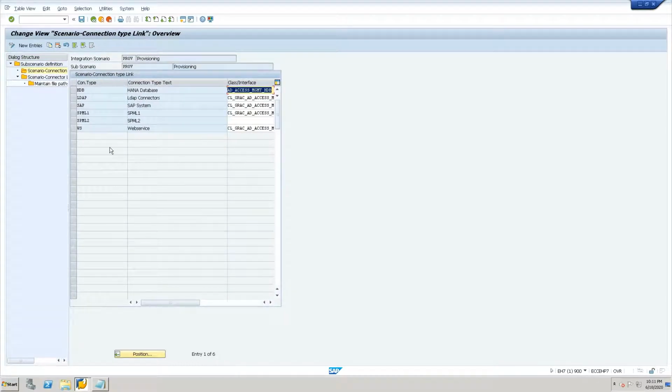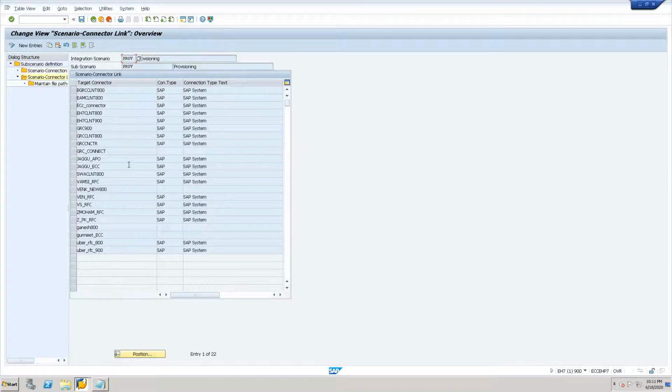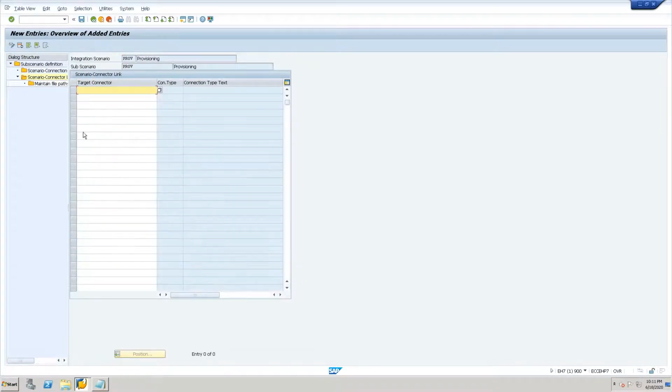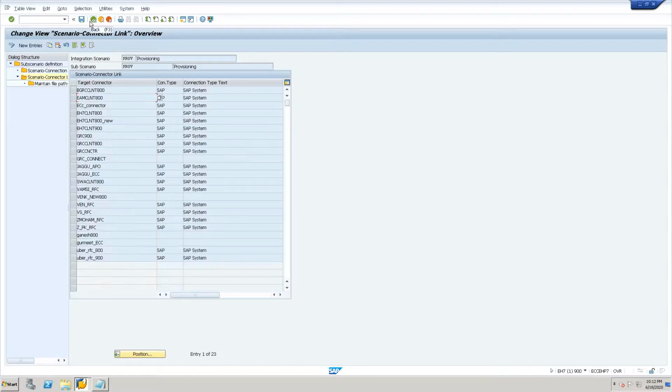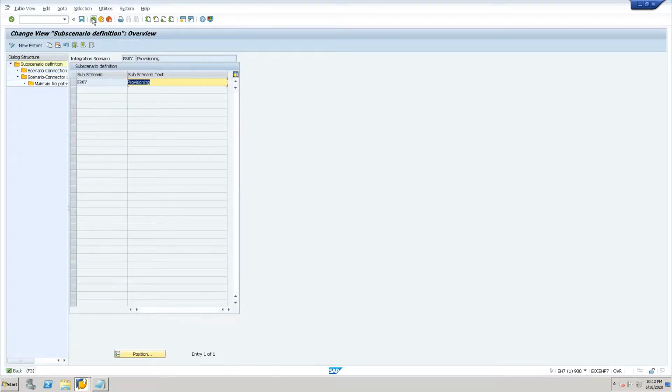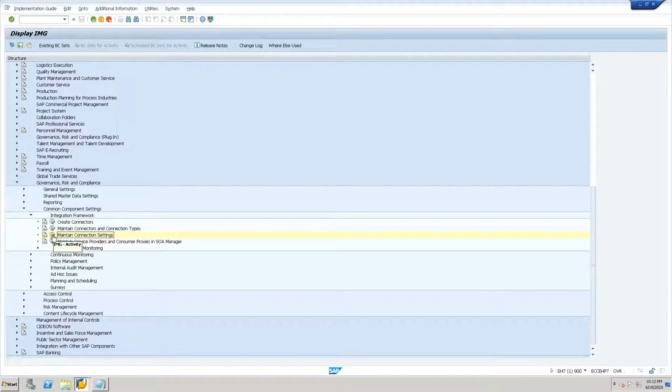You can see under provisioning, this is the SAP system we have. Then we need to add our systems. So just add it. What is the system we have? This is the new one, and just press enter. Now this is added. Save it.